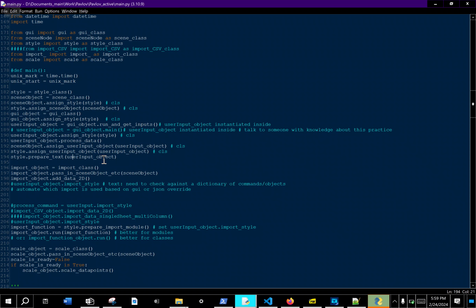Style.prepare text. Assign user input object. This is some middling stuff, and it's important that it's out here in main so that you know what's going on, but that probably could be done a little differently. I'm not sure. Love to chat about it. Anyways,